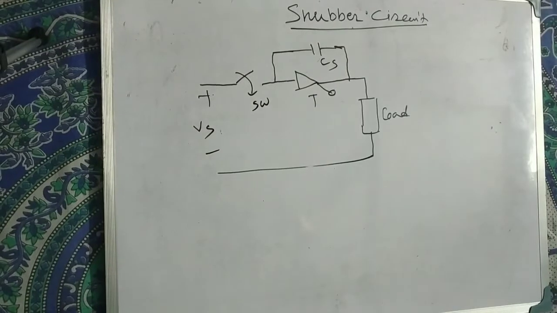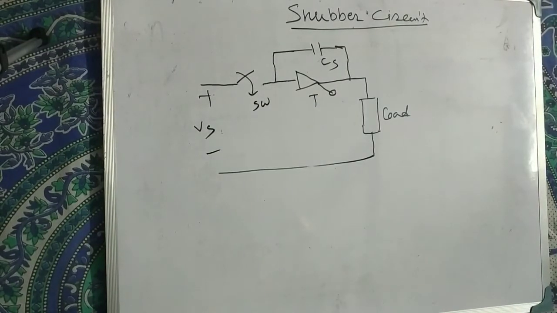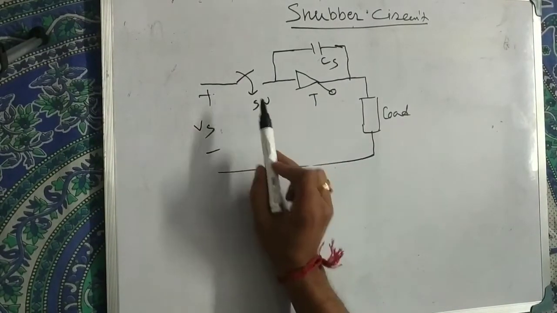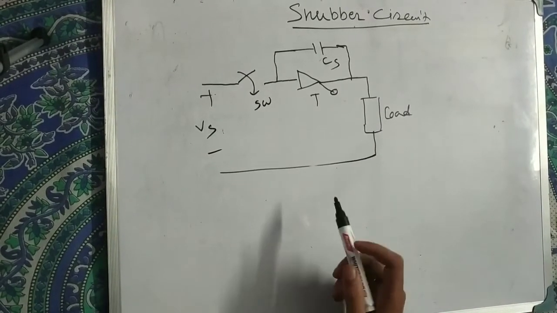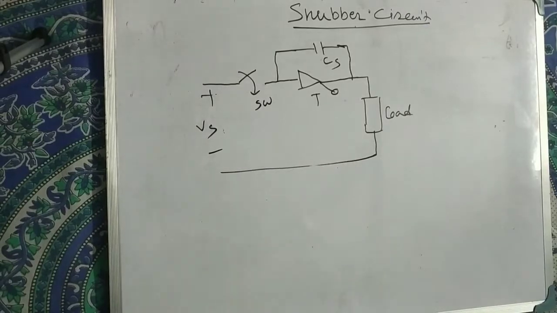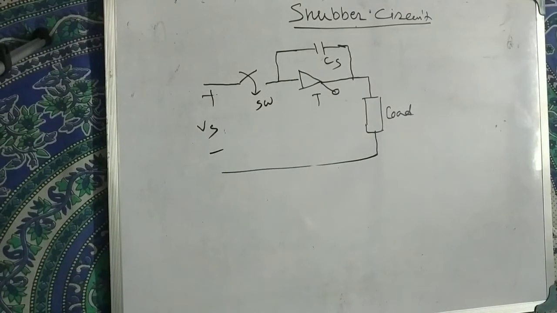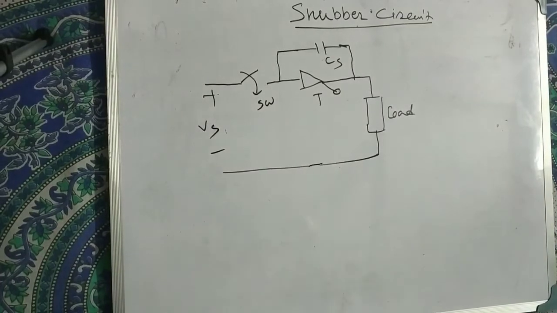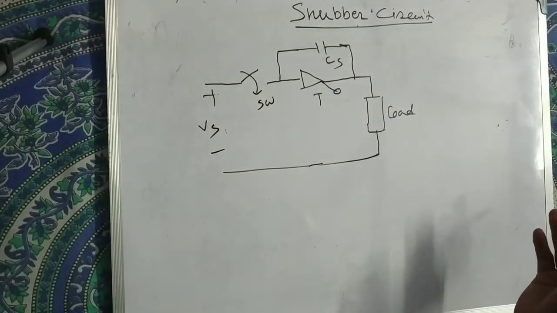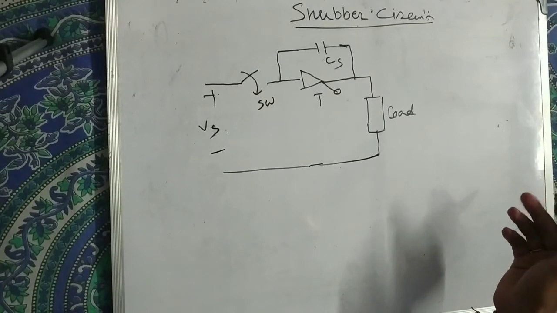So what is the function of this circuit? We have already studied that the SCR has a special privilege: we can turn on the SCR by applying gate current to it. Whenever a gate current is applied, the SCR turns on. Suppose